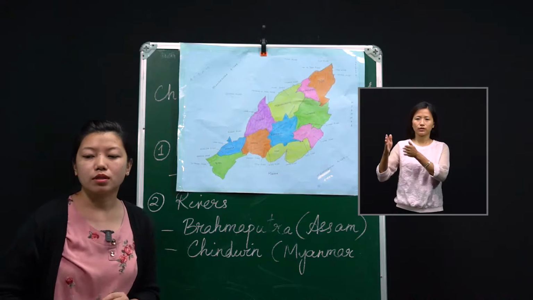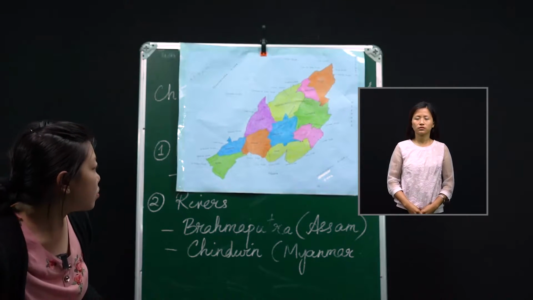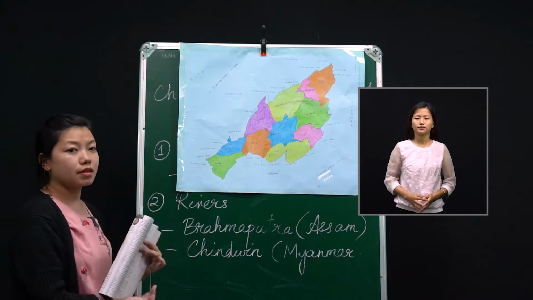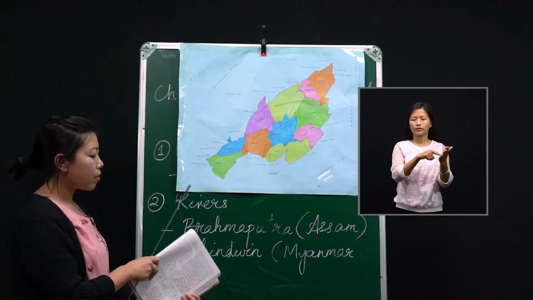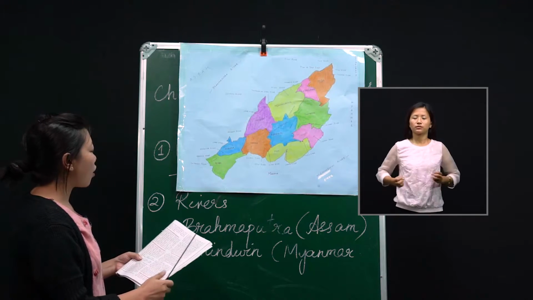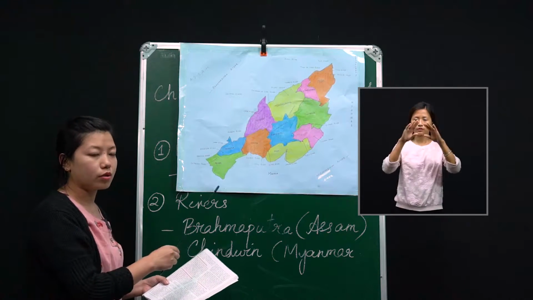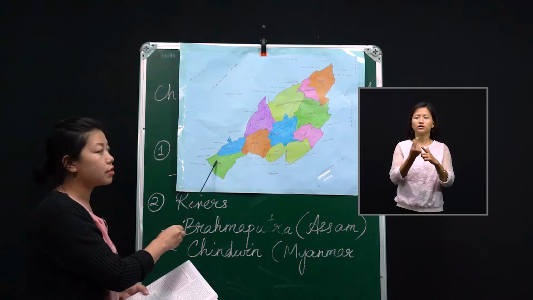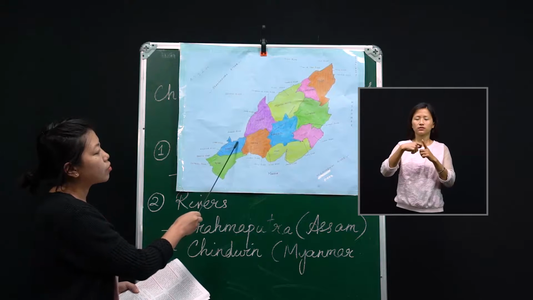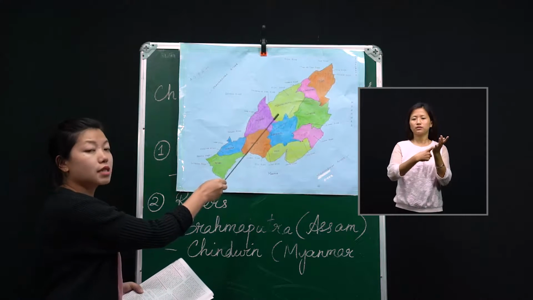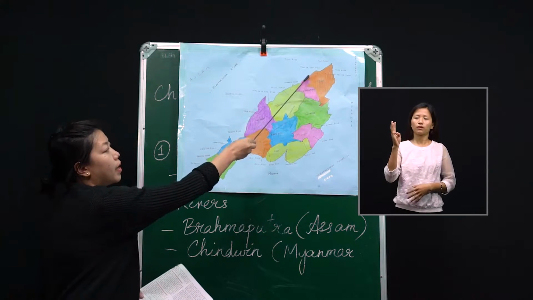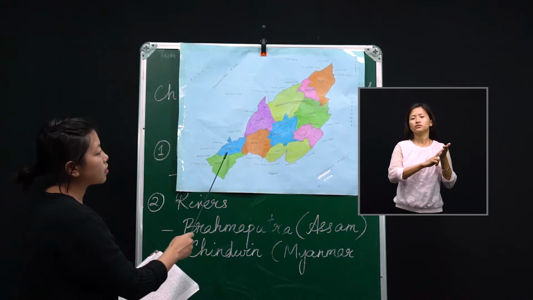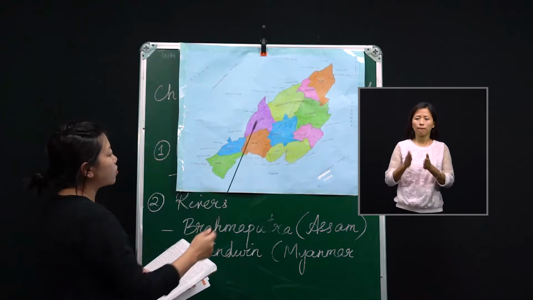If you want to know the lower mountain range, I want you to please refer to the textbook, since I have not marked it here. The lower mountain range begins from the Assam-Nagaland border. It starts from the Jaluki Peren district and then goes up towards Dimapur, Wokha, and it touches all the northern borders of the Nagaland map. So this is the lower mountain range.